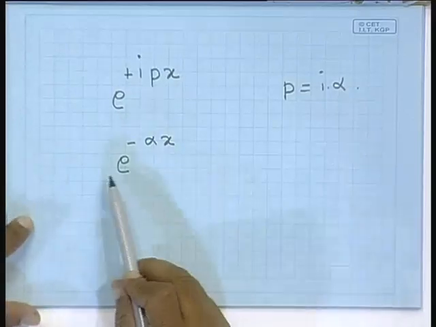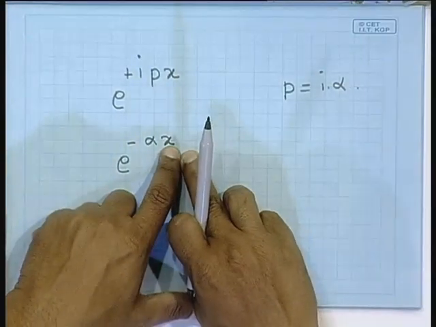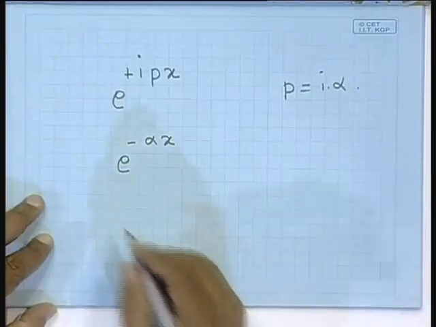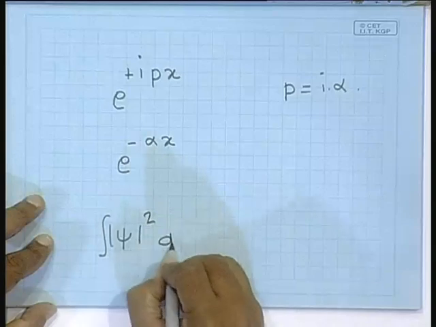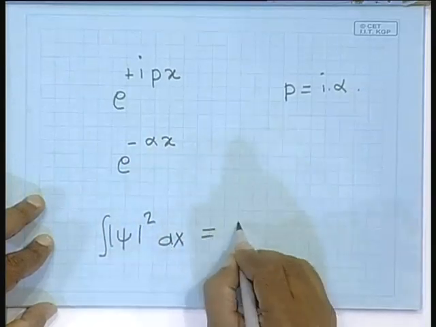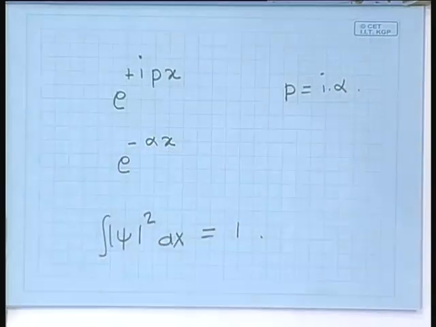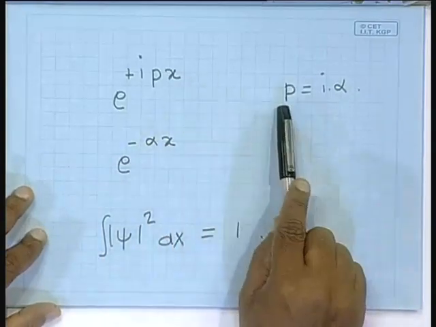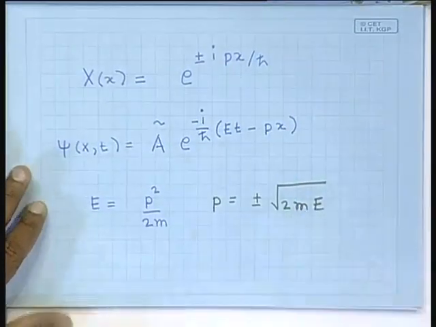Now, notice if the x dependence of the wave function is of this form, it blows up when x goes to minus infinity. The wave function should not blow up, because the wave function gives the probability, and the modulus square of the wave function integrated should be 1. So, if you want this to be satisfied, the wave function should not blow up, which basically tells us that P cannot be imaginary,